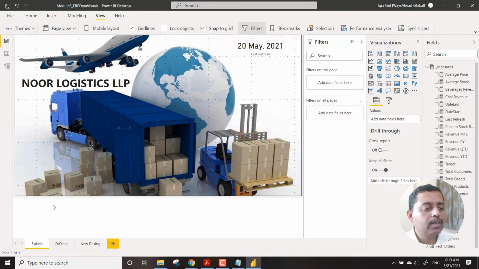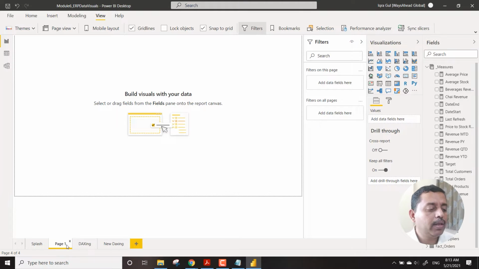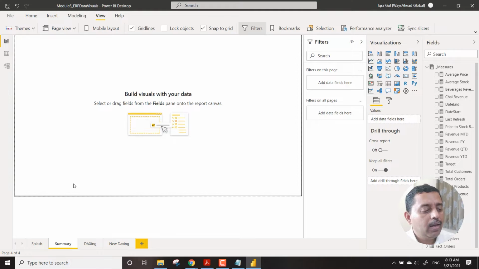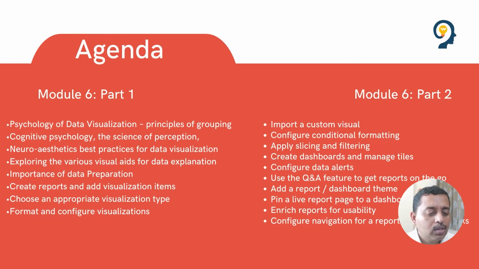Now what happens is, this is the splash screen, and then what we will do is we will be creating the next set of screens. So suppose this is another page which we are bringing in, and we call it summary page. Now the question arises, what kind of summary, what kind of visual and all these things we are going to design over here. So for that, what we need to do is we need to go back to our slides and see what visuals can be built and some guidelines if you can get it from here. So let's move on to our presentation.